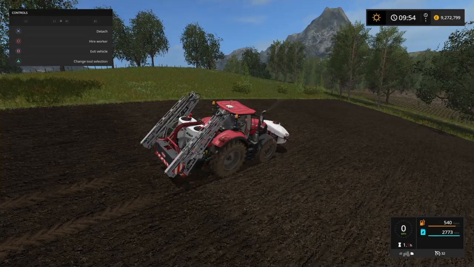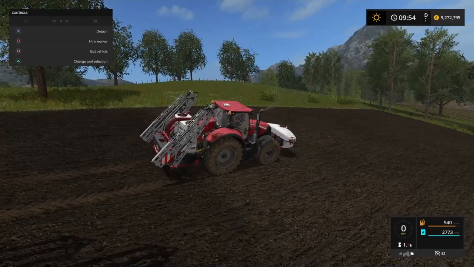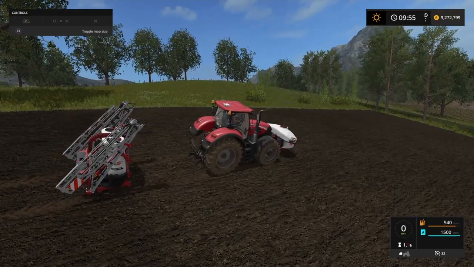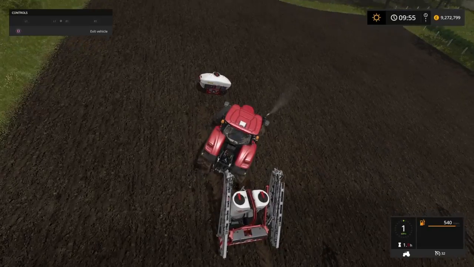But there we go. That's the Deltis 1302 with the PF1500 front tank. What I will do is just lower that down and disconnect that. You can't lower the front tank, which is a minor thing. Okay, next on our list